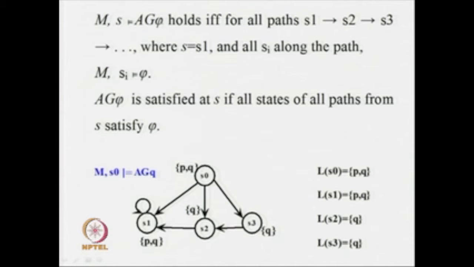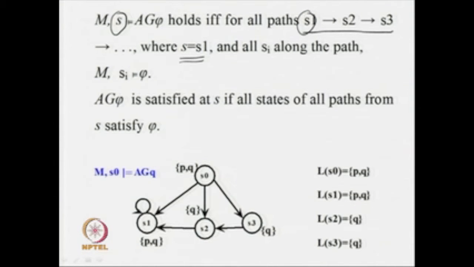When we say that AG phi holds, it is for all paths that we consider, like a transition from S0 to S1, S1 to S2, S2 to S3, and like that we have a sequence of states. We are concerned about this particular state S, and we say that in all paths the starting state S0 is equal to S